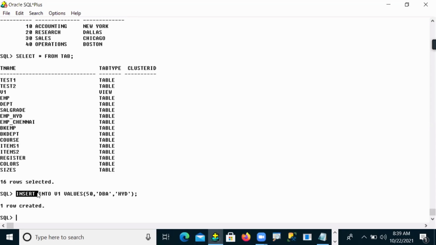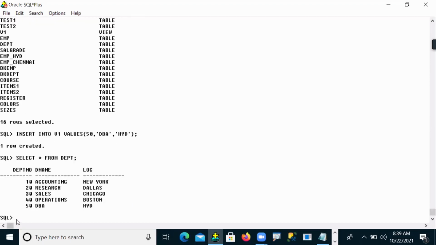Then where will this data be saved? Yes, the data is saved under the base table. Now we can see whether the base table has saved it or not.